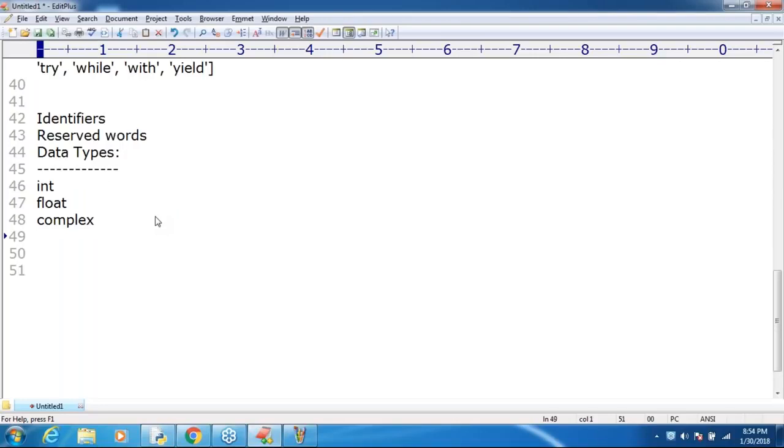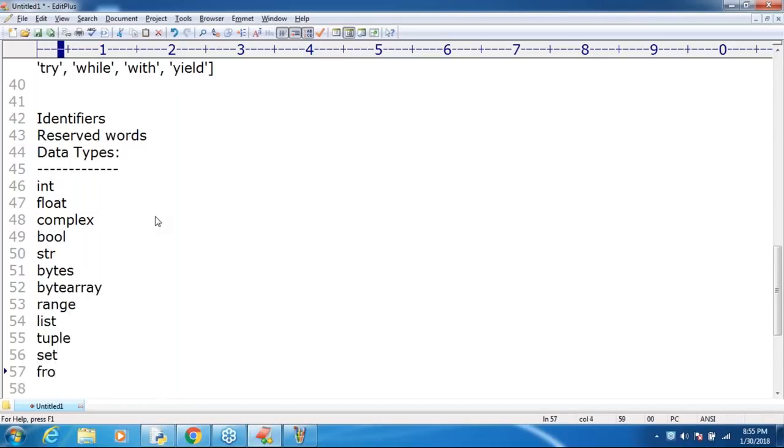Next, and after that, bool means boolean, sir. Next, str. Next, bytes. Next, byte array. Next, range. Next, list. Next, tuple. Next, set.